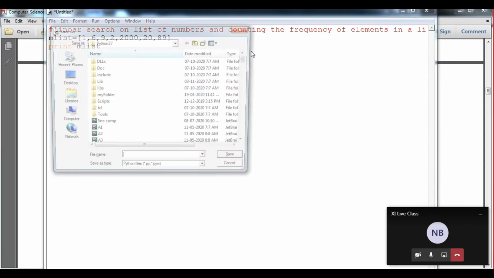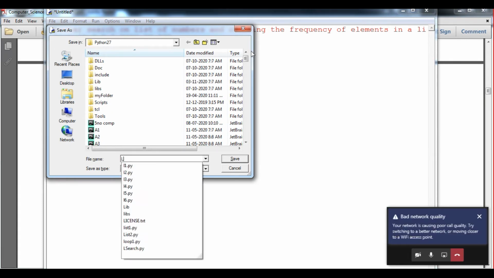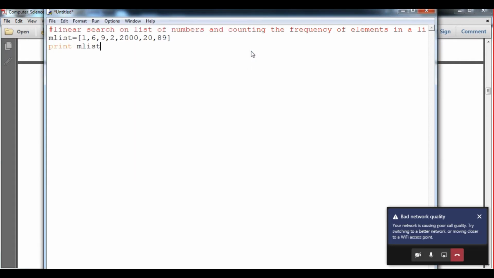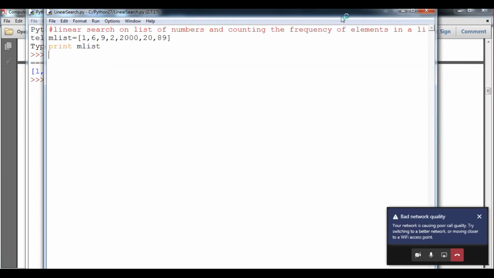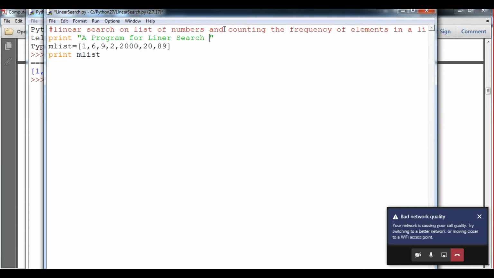So I will save it as linear search. Here you can see that a simple list will be shown. As the output, I will show you a program for linear search in Python.